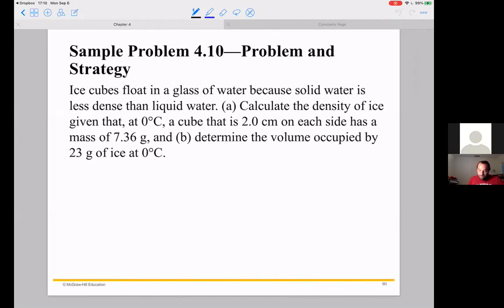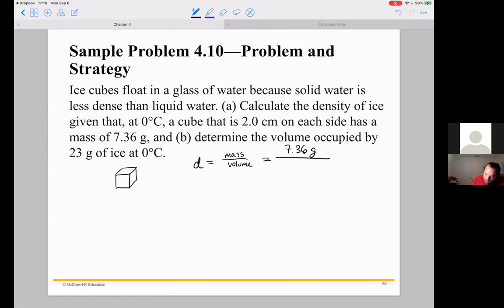So first of all, we're going to calculate the density of an ice cube that is 2 centimeters on either side. So let me draw my ice cube here. And it has a mass of 7.36 grams, right? So density equals mass over volume. I'm given the mass is